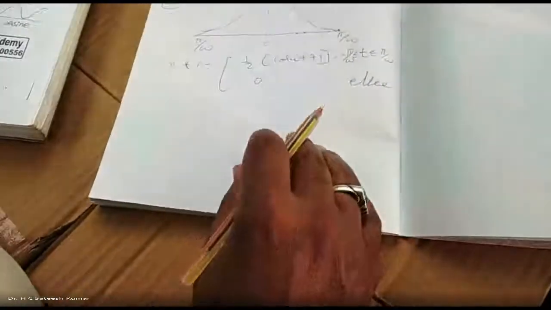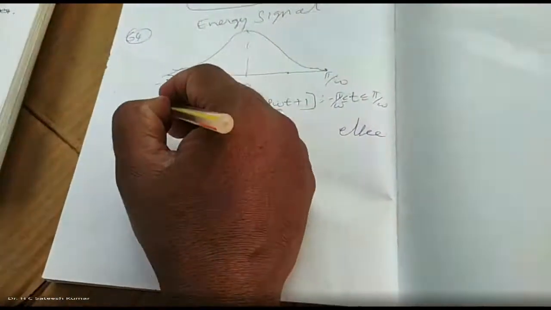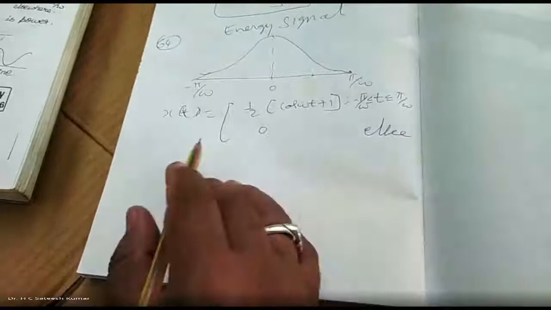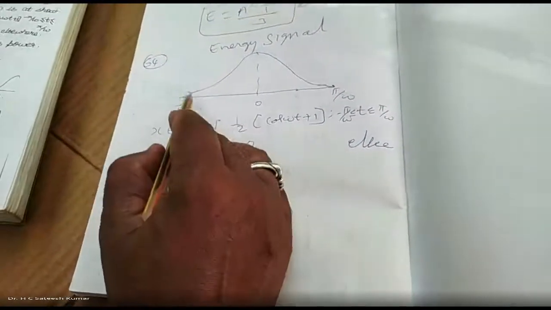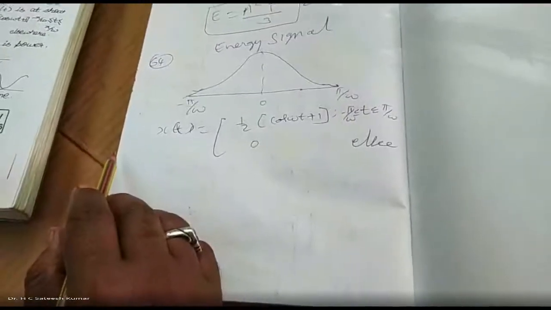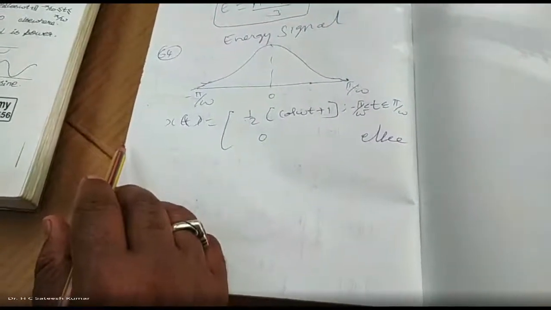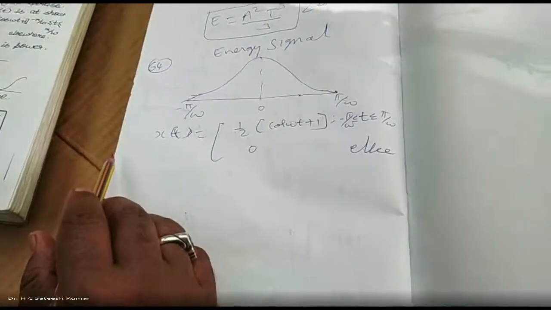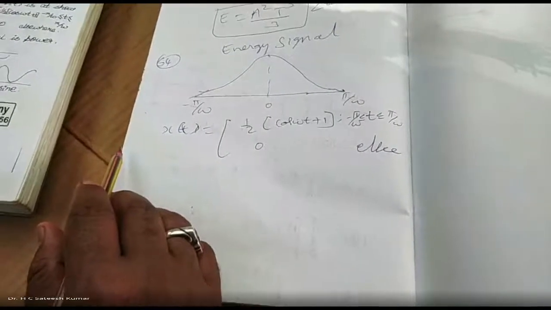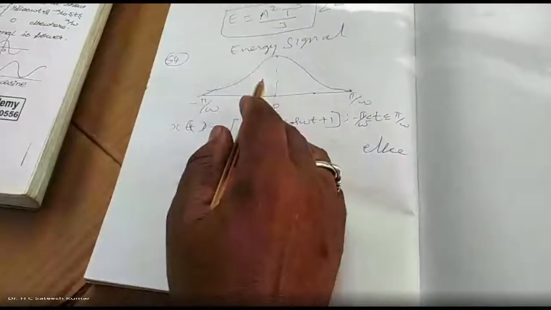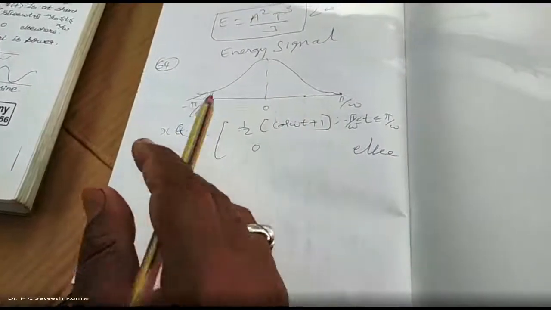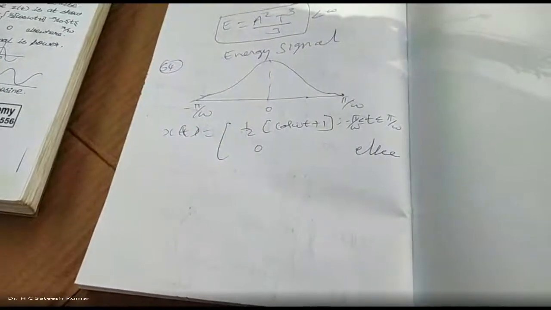Now, what kind of signal is this? Once again, it is not periodic. So find the energy. Don't worry about the raised cosine or whatever it is. It is just a signal for us. But still, for your information, I am giving why we call it a raised cosine spectrum and where we are going to use this kind of signals.